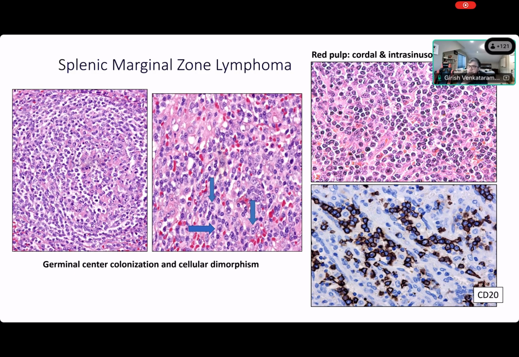And on the right side on the top, you can see the red pulp with a lot of diffuse lymphoid involvement. So you can have red pulp involvement too in marginal zone lymphoma. So don't just bank on all the cells being in the white pulp before you make a diagnosis, right? Thankfully, we don't have to look at a spleen to make a diagnosis of a marginal zone lymphoma. We look at a peripheral blood, we look at a marrow, we can make inference. That's easy, right? And it's always inferential.